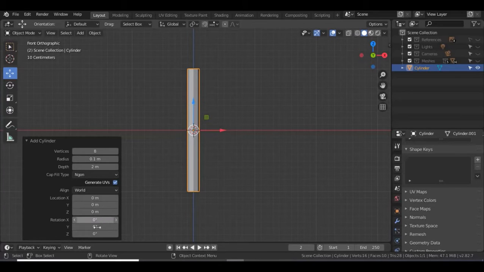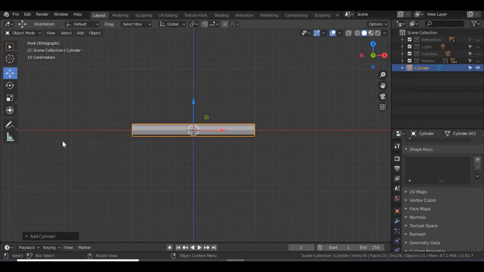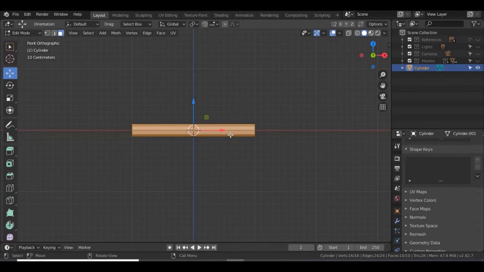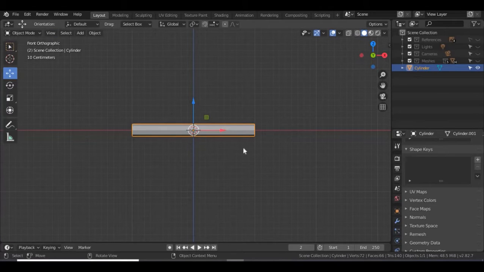Okay, one more thing, I will rotate it on the y-axis by 90 degrees. Okay, and that's done. I'll tab into edit mode and select edge select mode, Ctrl R, plus plus plus plus. Just do that 2 more times to add this number of edge loops, and then I'll tab back into object mode,